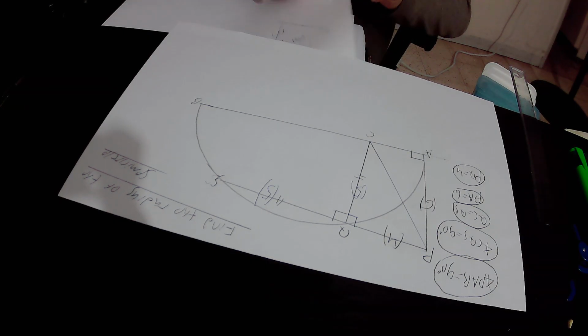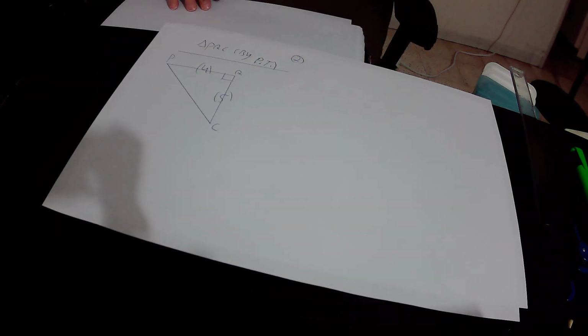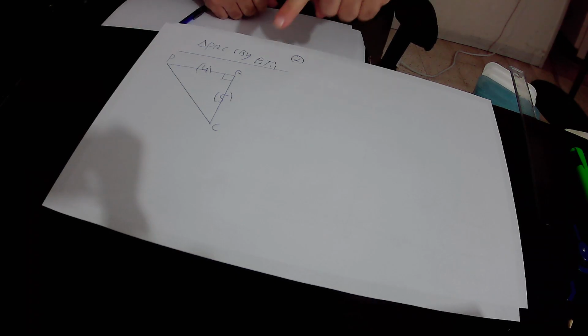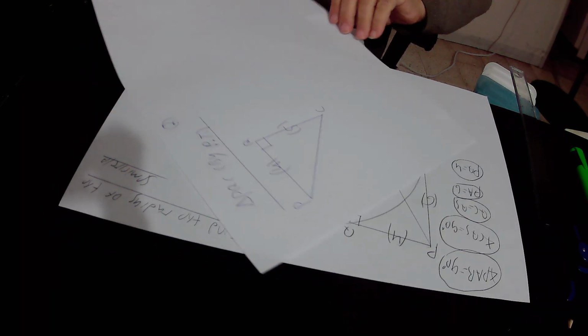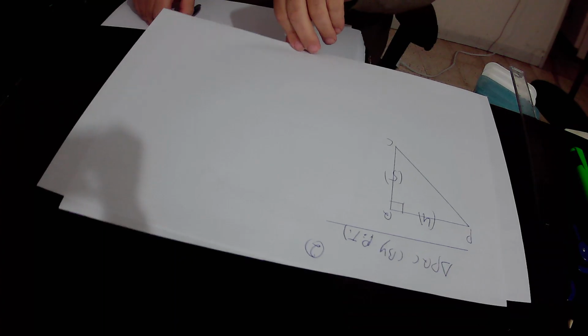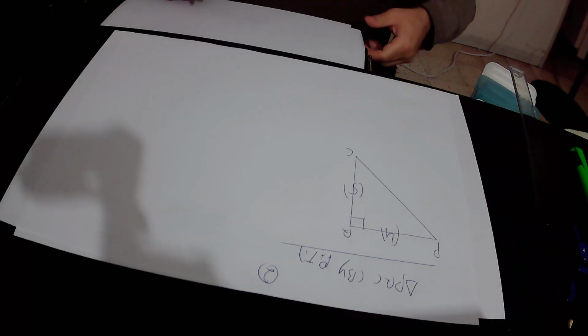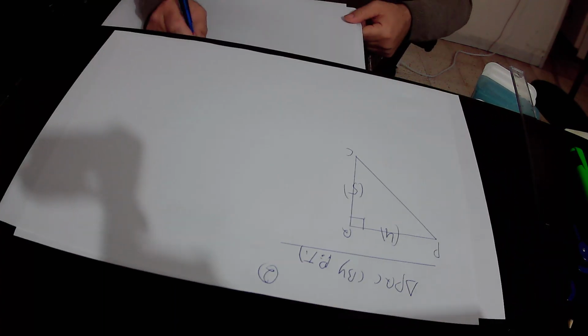So actually, this is the right triangle PQC that I copied from the original drawing. Side PQ equals 4 units according to what is given in the question, and side QC equals 5 units. Again, PT is the abbreviation for Pythagoras theorem. So in this right triangle PQC, according to the Pythagoras theorem,